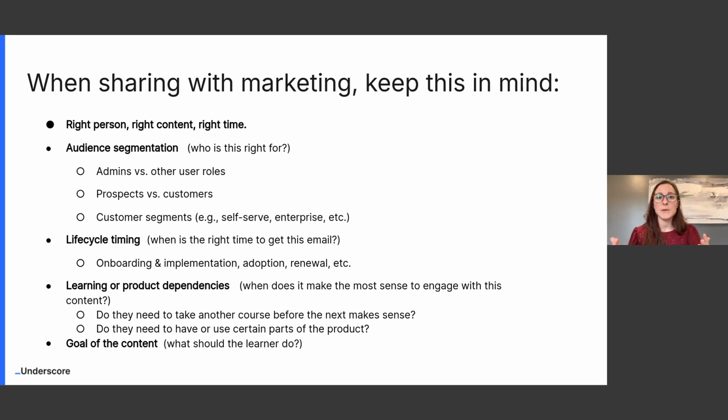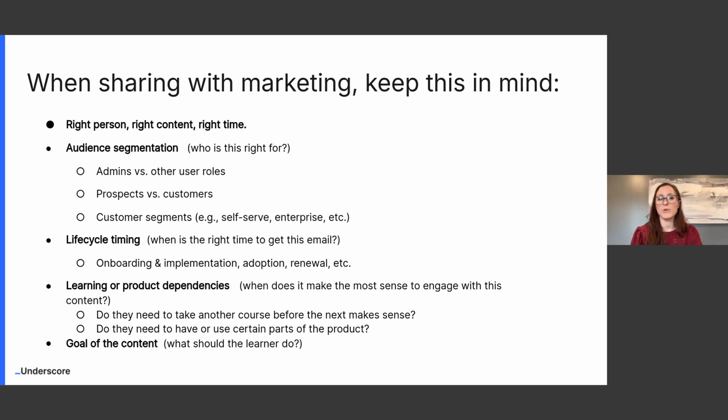But these are some things to keep in mind, really to have that partnership, where we're not saying, here's exactly what you've got to do, but we're saying, hey, I would love to work with you. I think that if we collaborated, this would be so helpful for our customers, for our partners. But I also want to take some of the work off of your plate, right? Because your marketing team has some inputs that would be helpful for them to understand what should we do, how should we do it, where should we do it, when should we do it, right? So these are some inputs that you could give to your marketing team.